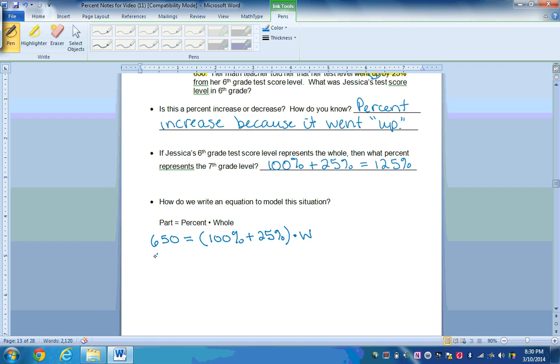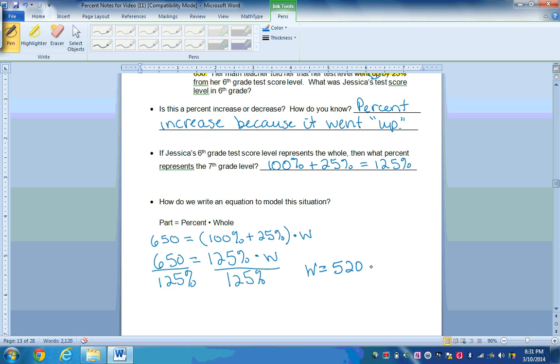So let's go ahead and write 650 is equal to 125% times the whole, or the original amount, divide by 125%. If you go ahead and do that on your calculator, 650 divided by 125%, oops, sorry, I put a wrong variable there. W, our whole, or the original amount, is equal to